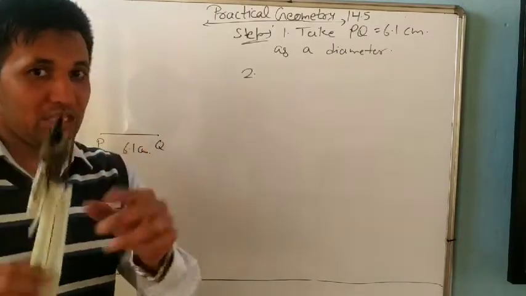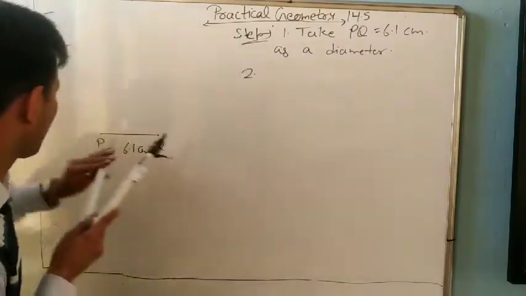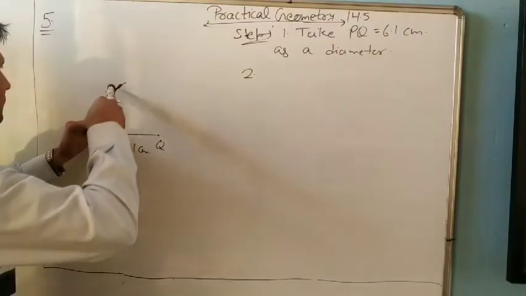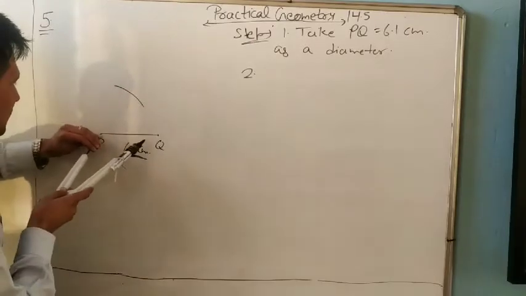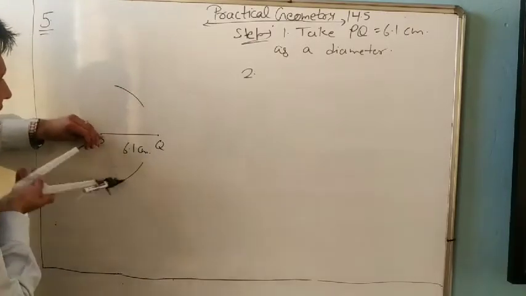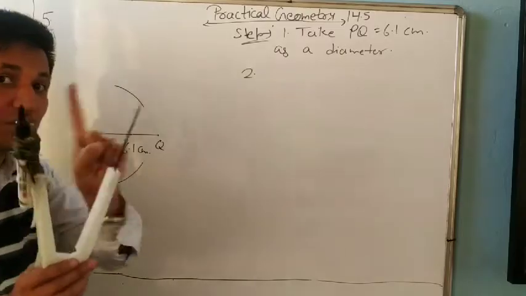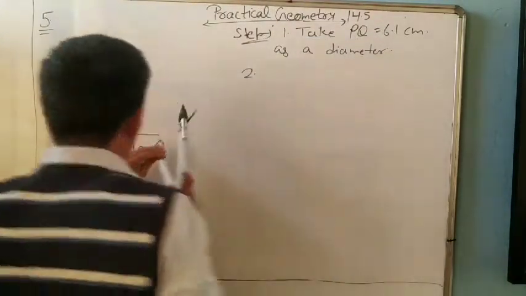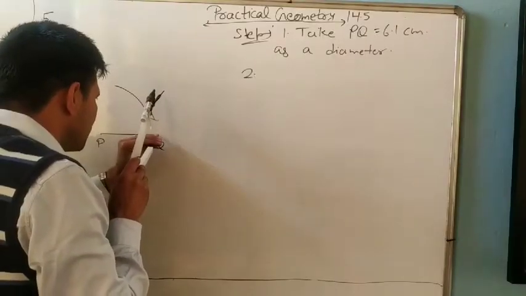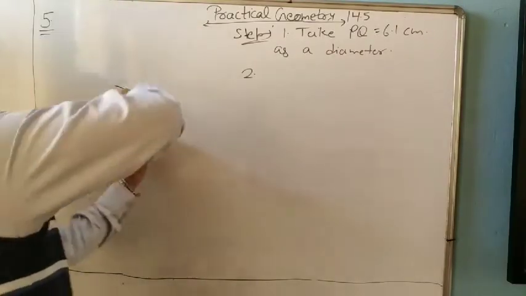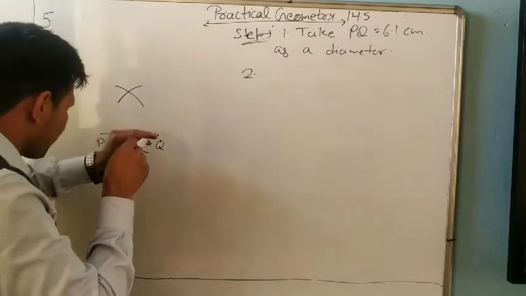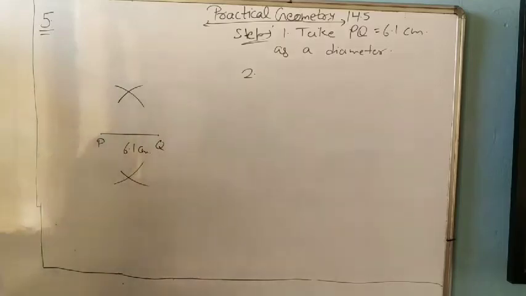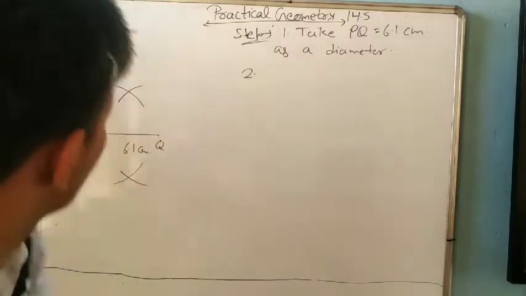And how will we take the perpendicular bisector? First, open the compass more than half. Look, it is more than half. So we can draw one on both sides, upside and downside, same as it is, without changing. Don't change the compass. Now put the pointer at Q and draw the arc. Now it is the perpendicular bisector.